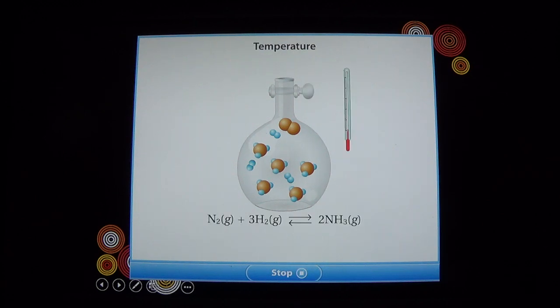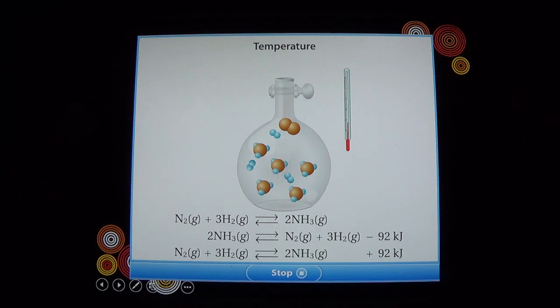A change in the temperature of a system can also stress a system. Reversible reactions are exothermic in one direction and endothermic in the other. According to Le Chatelier's principle, the addition of heat shifts the equilibrium so that the reaction that absorbs heat is favored. If heat is added to an endothermic reaction, the equilibrium shifts to favor the formation of the products. If heat is added to an exothermic reaction, like this one, the equilibrium shifts to favor the formation of the